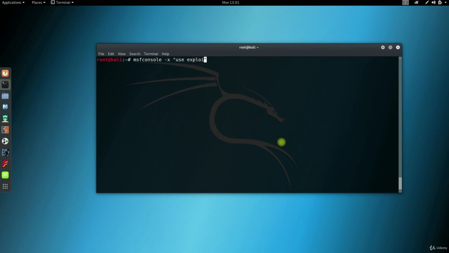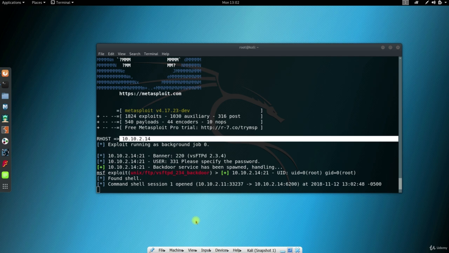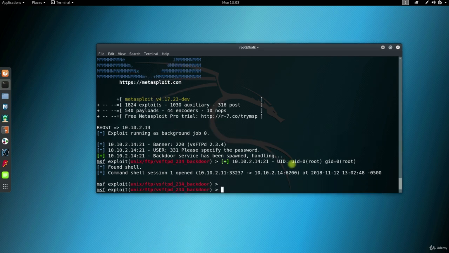So I'm going to use the VSFTPD exploit again. And yeah, there's no tab completion here. That's why I was saying earlier, it might be a little more difficult to remember the command each time. Anyway, hit enter, and it'll start Metasploit at the very first moment. Then it will use the exploit and set its variables. A session is open in the background,